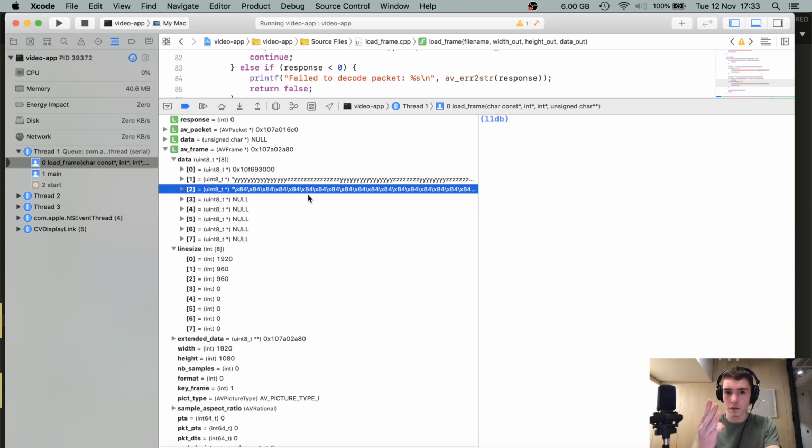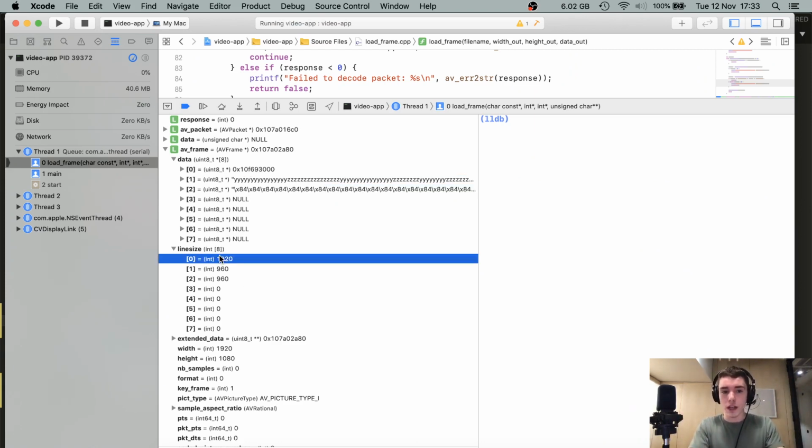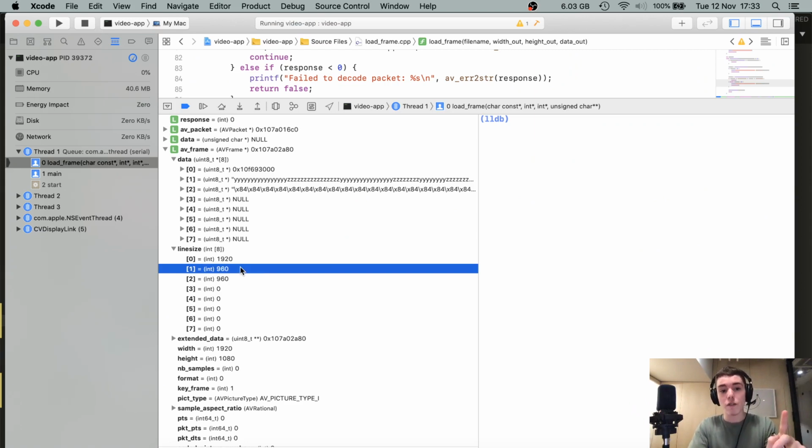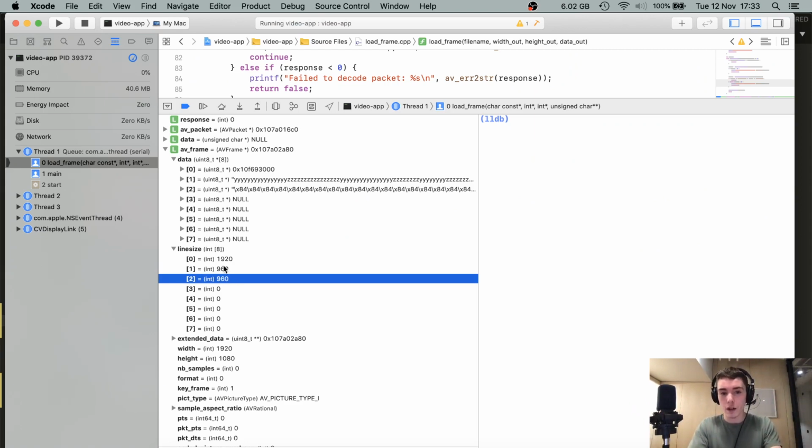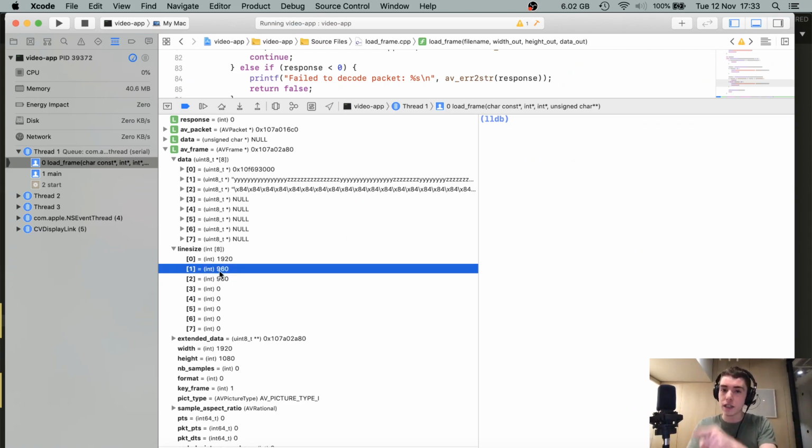Those are the free pixel buffers that we get out. Interestingly, how many bytes are there for each horizontal line of the video? For the luminance, there's 1,920 bytes for one horizontal line, which means that there's 1 byte for every pixel on that horizontal line, because this is an HD video, because it's 1,920 wide. But for the U and the V color components, there are only 960 bytes to describe one line, which means